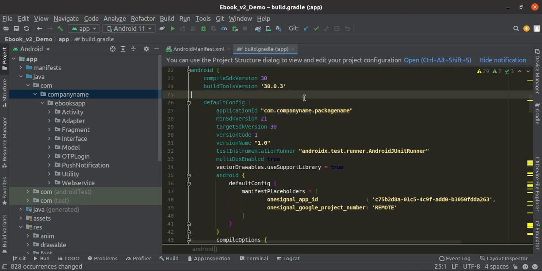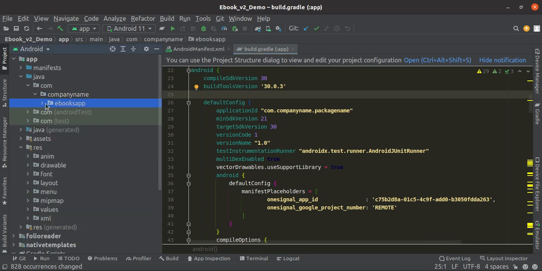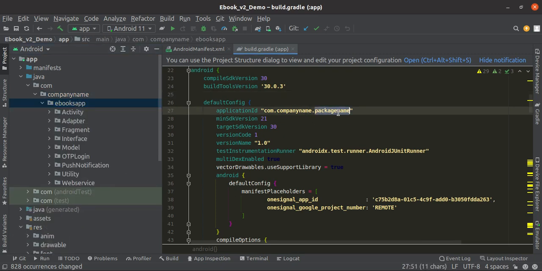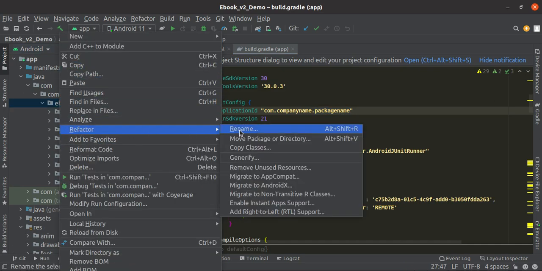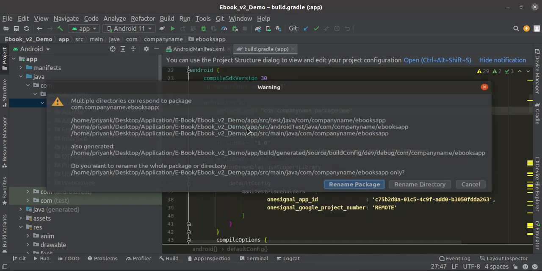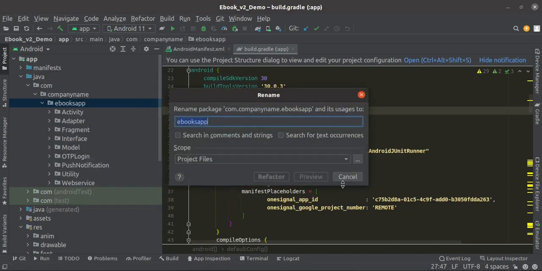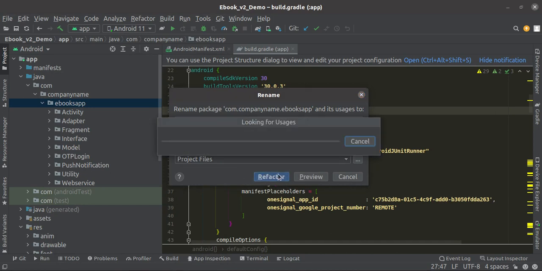Now these changes happen. Now ebook will be replaced by our package name. So just right click on this, find refactor, click on rename, rename package, paste your new package name and just refactor it.